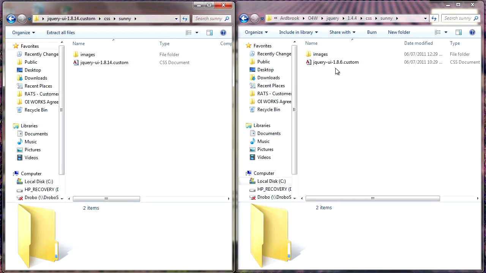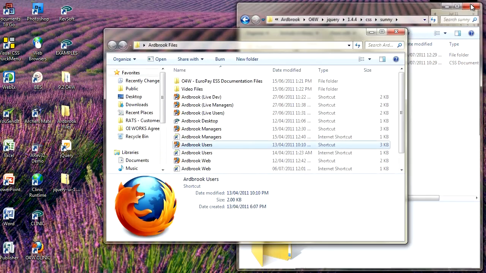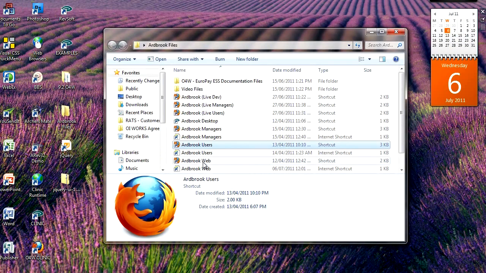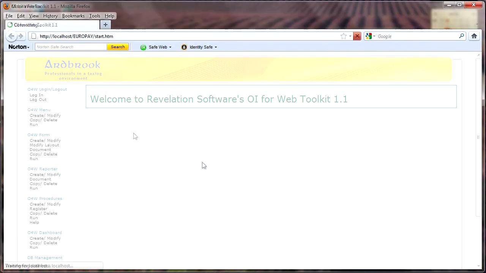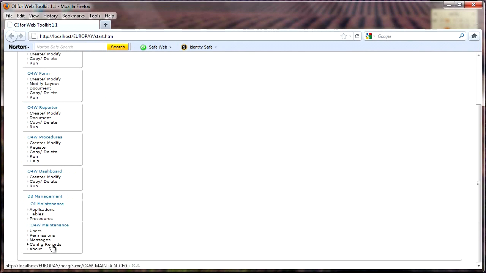It might be a bit of a kludgy workaround, somebody will probably let me know, but that was a change that I made. So drop those files into there, so it's your main Open Insight directory, O4W, jQuery, the version, CSS, and then create a folder with those two files, and obviously the images have got all of the images that the theme requires. Once that's done, we can go back into O4W in design mode, back to the config records,